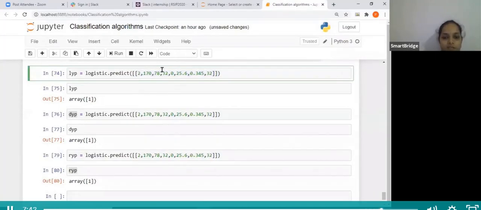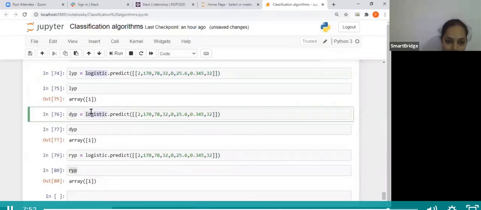I've said so many times how to do that. In the same way, you have to pass it here. So I've passed it for logistic regression.